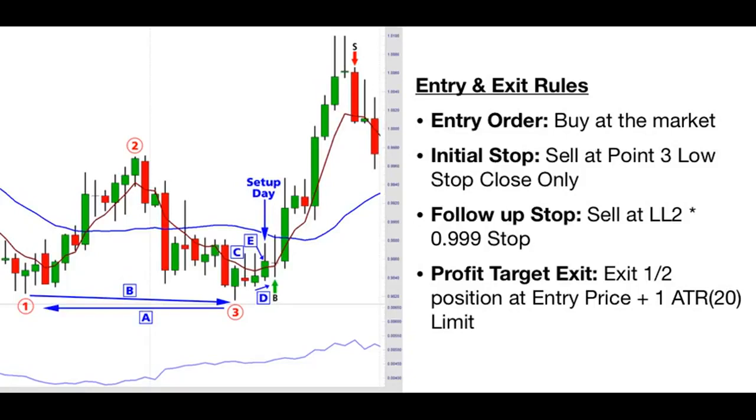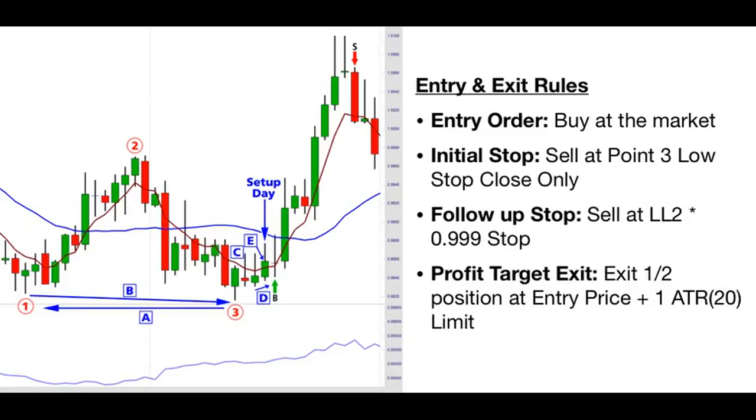been hit. And concerning profit target exit, what we want to do is exit half the position at the entry price plus 1 average true range 20 with a limit order. And we're doing this for a couple of reasons. One, we take a real nice profit immediately. We take half the position off the table, so that automatically cuts whatever risk there was in the trade in half. And we're applying the